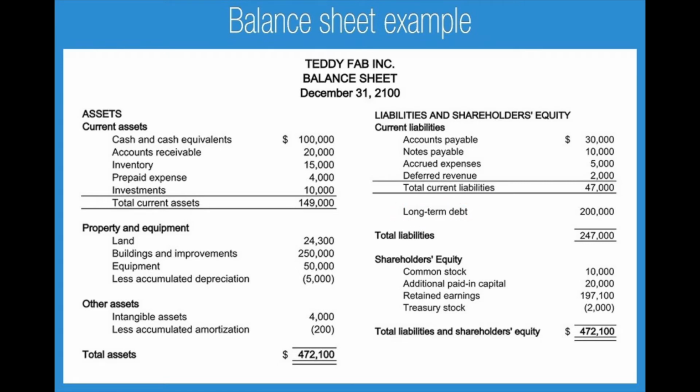And both assets and liabilities are classified as either current or non current. The distinction here is that current assets and current liabilities are expected to either be converted into cash in the case of an asset, or paid for and settled with cash in the case of a liability, within 1 year or less. So that's the distinction, whether or not it will change form in 1 year or less. So anything that's non current means greater than 1 year. For example, long term debt that isn't repayable until 5 years into the future is an example of a non